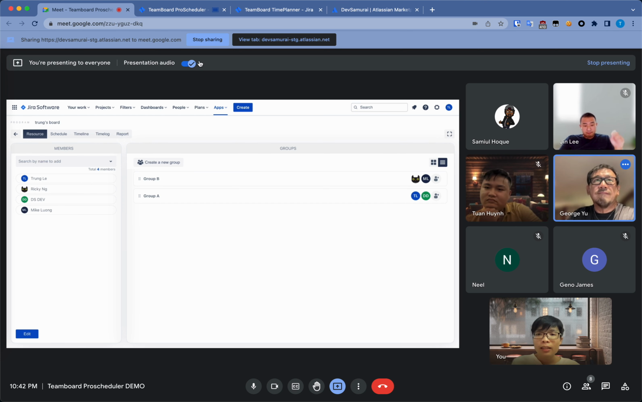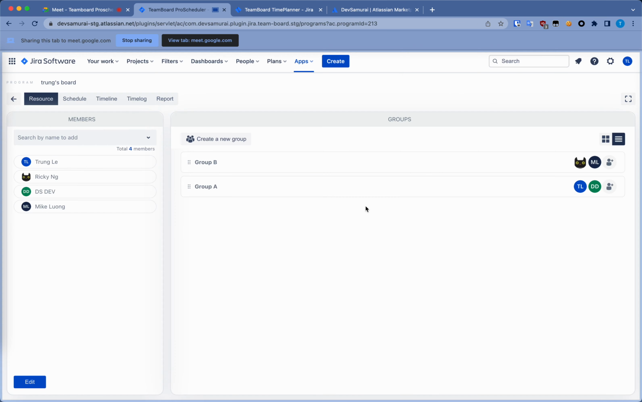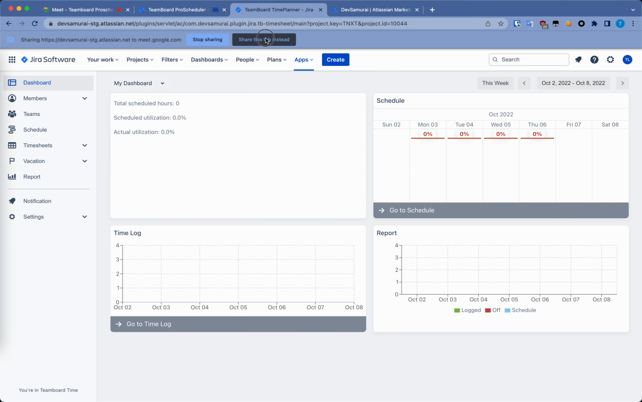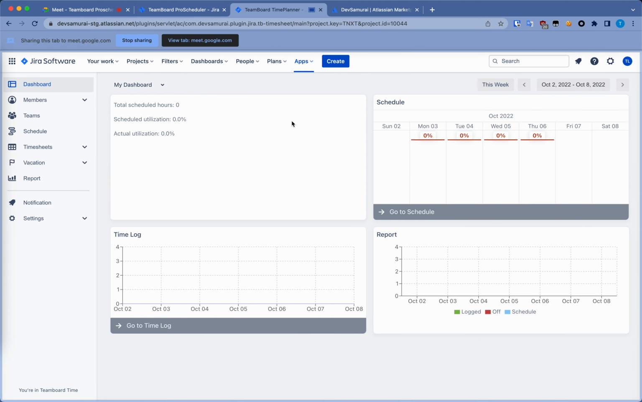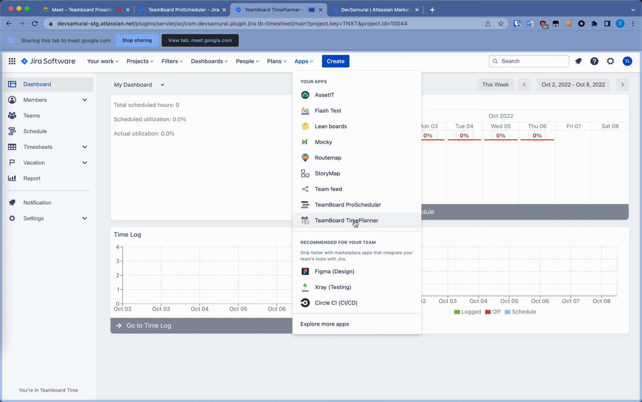Okay, I think this covers the main function of this app. So this app is more about resources. We have another app here. This one is the TimePlanner one. This app is more about the time planning and the cost